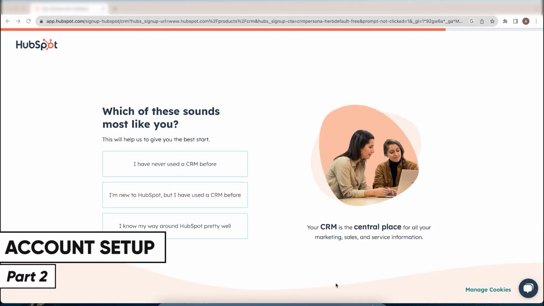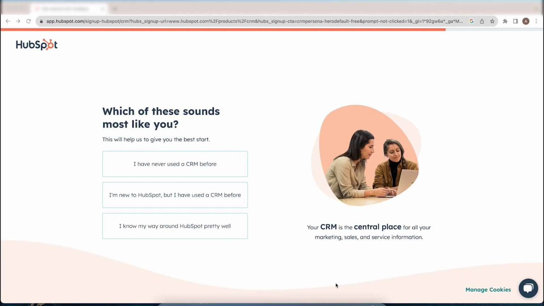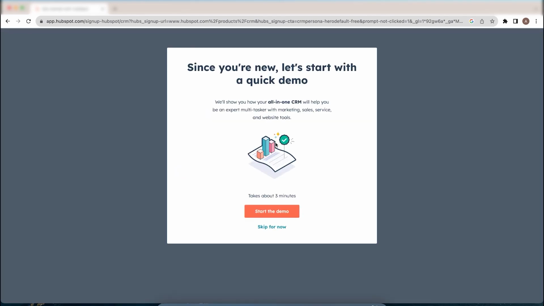So after setting up the account in HubSpot, it asks you some basic questions to understand your comfort level with CRMs. And we are exploring the CRM functionality for completely new users. So let's say I will hit the "I have never used CRM before" button, and it would actually lead you to all the demo. You can go through that, but for now we will be skipping this demo